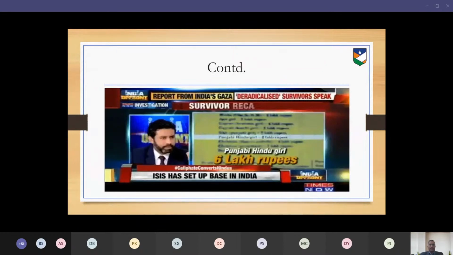Probably this news was hosted by Times Now, where they started discussing a very burning issue, basically, one that was emotionally charged, community-wise. That girls were being given a kind of rate card, that if there is a Punjabi Hindu girl, you need to pay around 6 lakh rupees, and lots of such rate cards were floating earlier on WhatsApp or other social media channels. But Times Now probably got this from a certain channel and thought of creating a news story out of it. But they never verified that this rate card was actually a hoax,